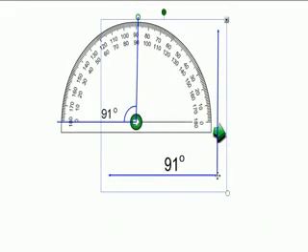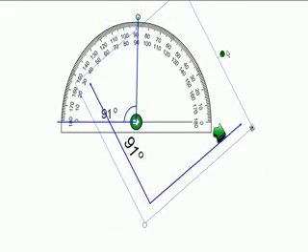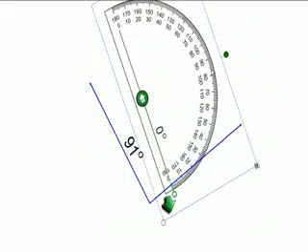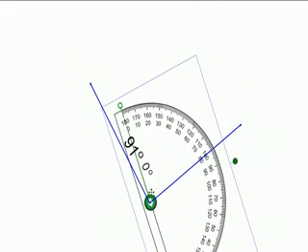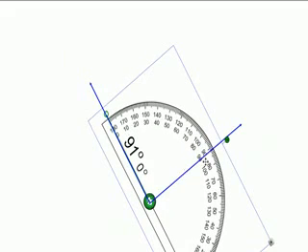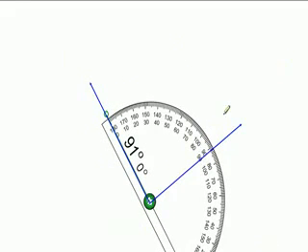Let's try some more. Now, what if our angle was crooked like this? How are we going to measure that? Well, you actually need to turn your protractor until it meets the center there, until it's lined up. So we turn our protractor and then we line it up. Now you can follow this line all the way up. When you follow that line all the way up, you see it's right here at 91 degrees. So that is how you measure using a protractor. In your lesson, you can cut out a protractor if you don't have one at home and practice measuring angles that you have in your lesson. If you are still having problems using a protractor to measure, call your teacher and she